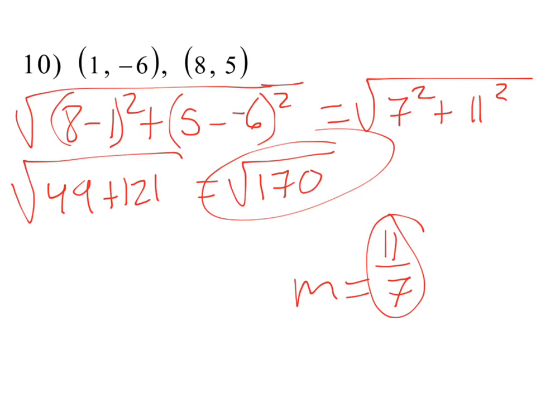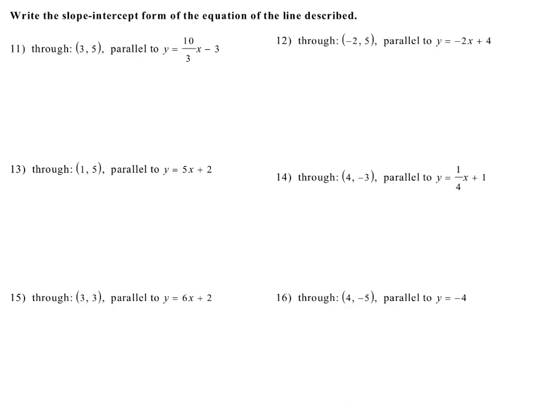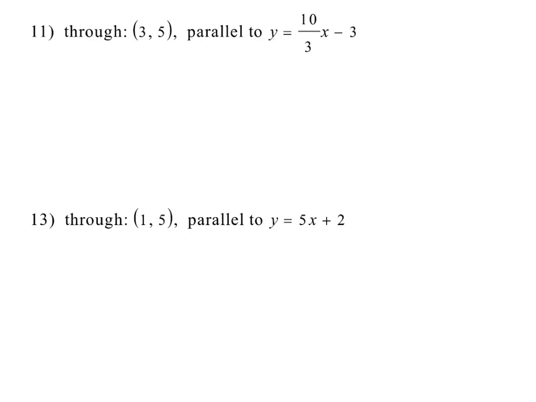Alright, time to continue the Mastery Quiz 13 review. So in this next section, we're getting the slope-intercept form of the equation of the line described. The line is supposed to go through a point, and it needs to go parallel or perpendicular to some line already given. And if you remember, the formula that we use is y minus y1 equals m times x